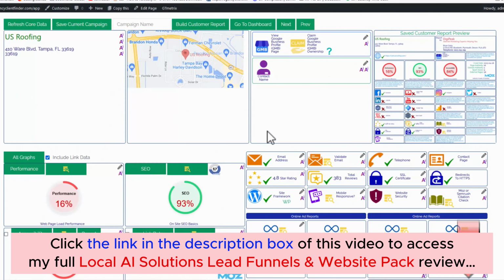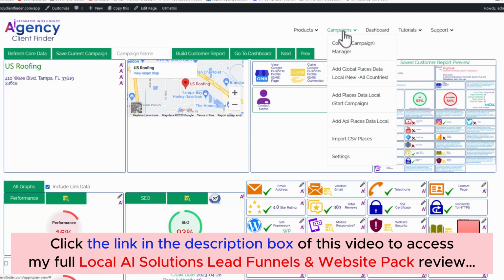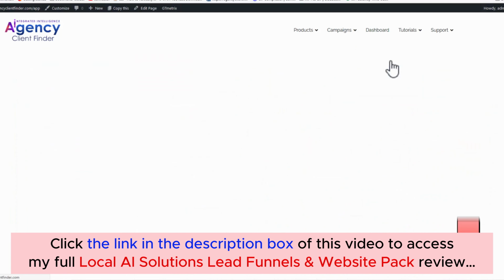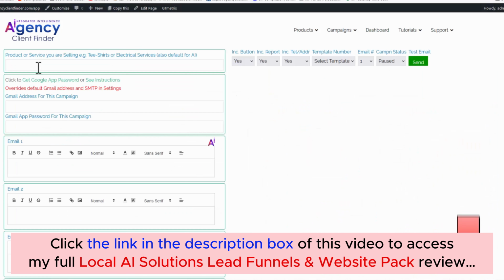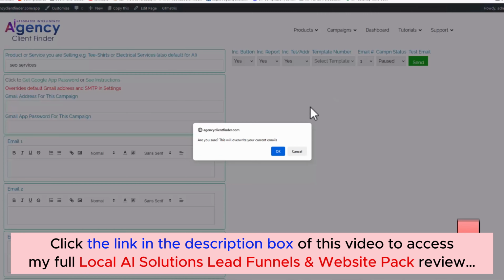Okay, let's go back now. So once we've found our list of customers and we've got all the information we need about them, we need to contact those customers, and we can do that through the manage emails. So I can set up a set of emails to contact them with. So the service we're going to sell, if it's SEO services as an example, I'm going to select a generic template,